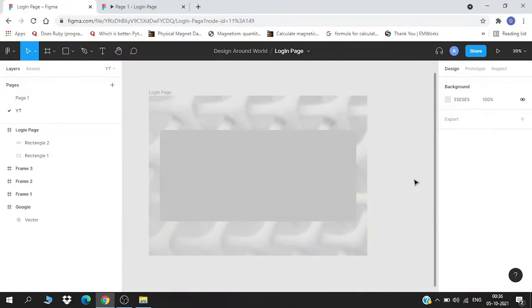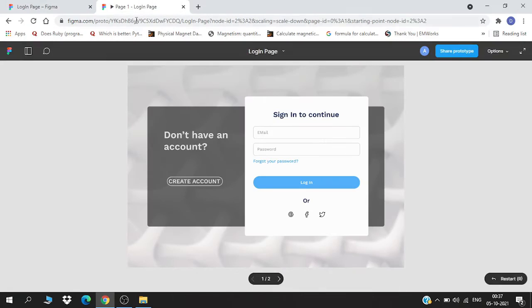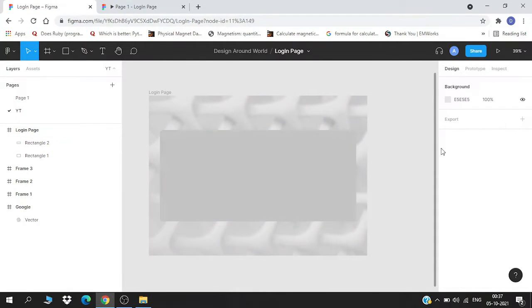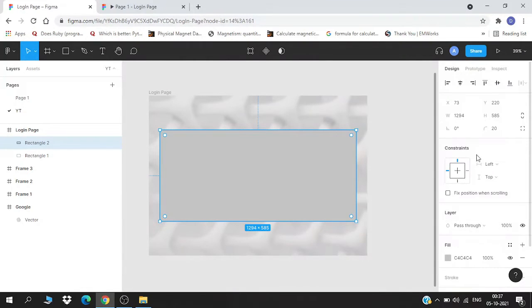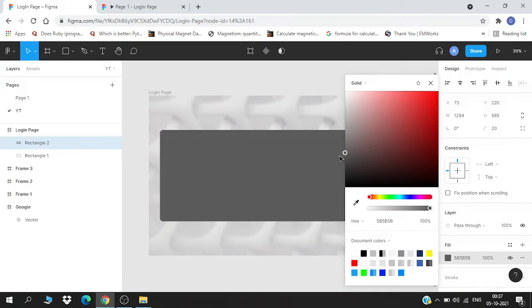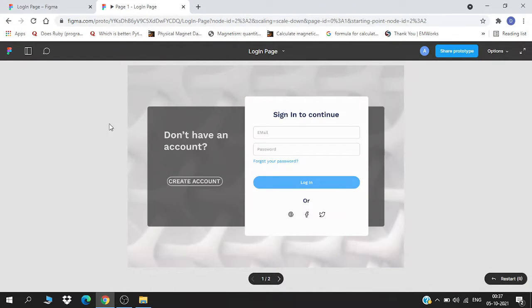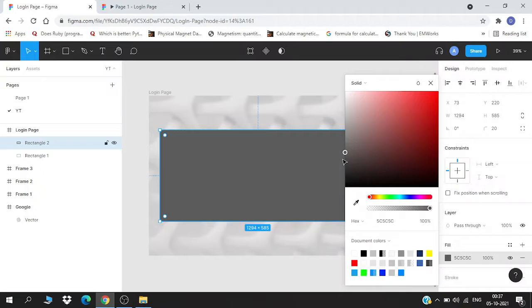No, we have to give it a little bit more. Okay, so I have given a 20 border radius to all the corners, and now we'll change the color accordingly. I guess this would be fine. Yeah. Oh, as you can see, there is a blur in this rectangle also. So we will just set the color first.